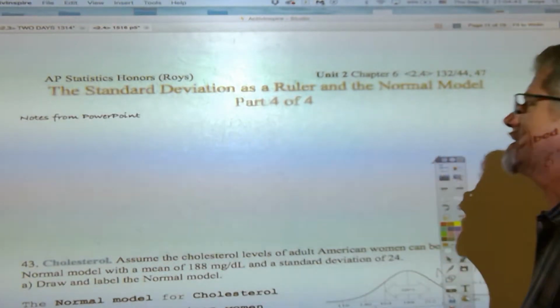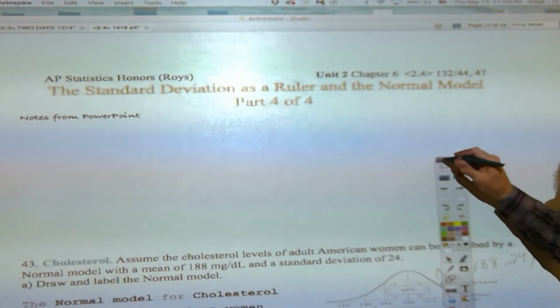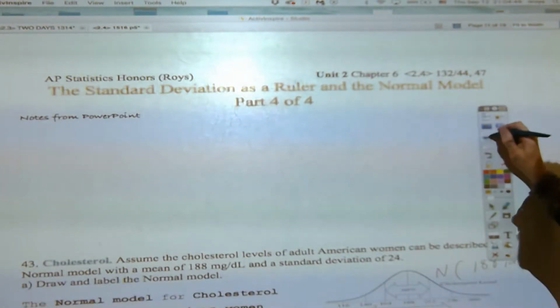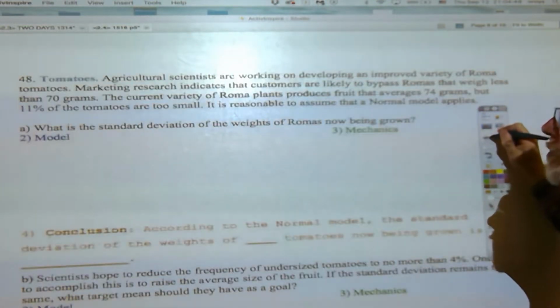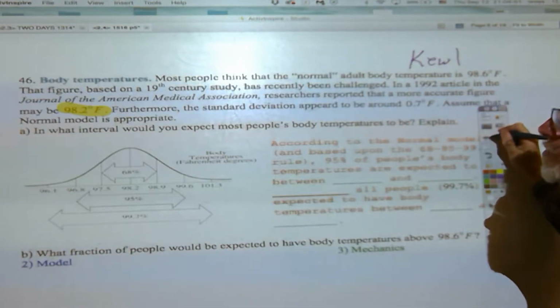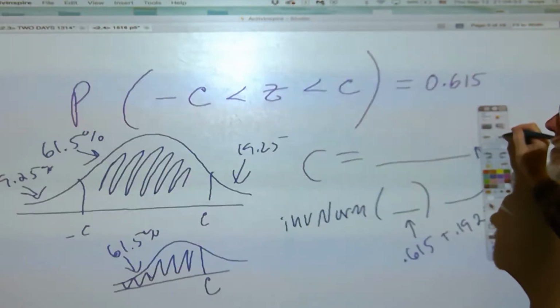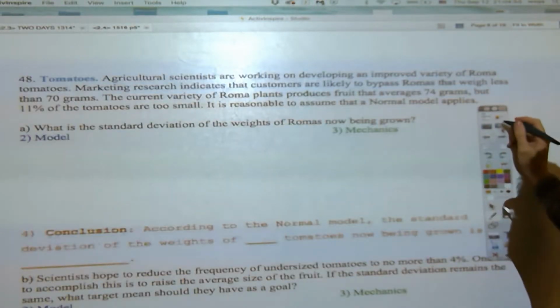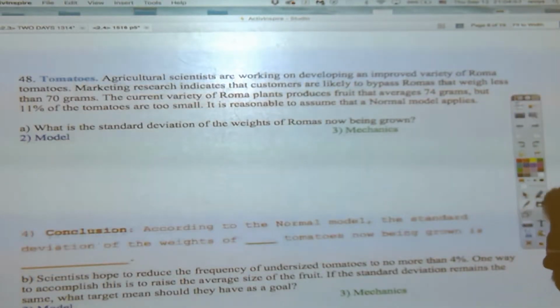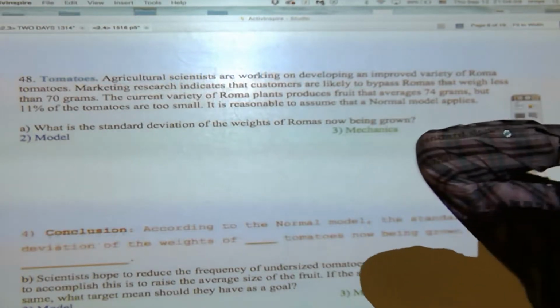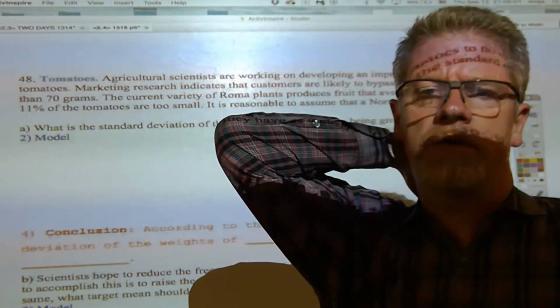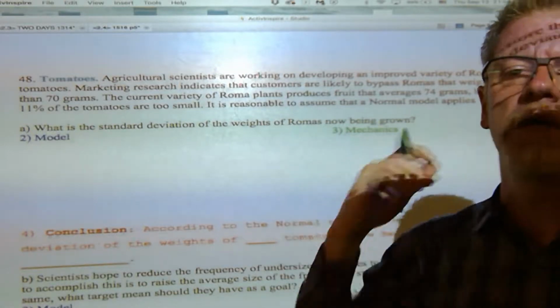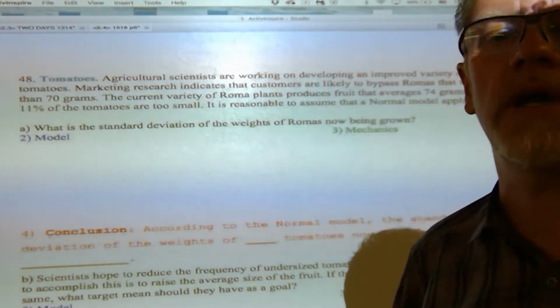On the handout that says standard deviation is a ruler, part 4 of 4, we're actually going to start with tomatoes. It's at the very end, problem 48. Roma tomatoes. Okay, so when we read this problem, it says,